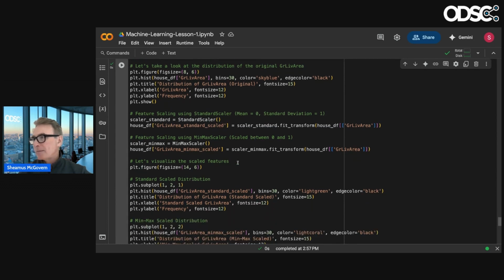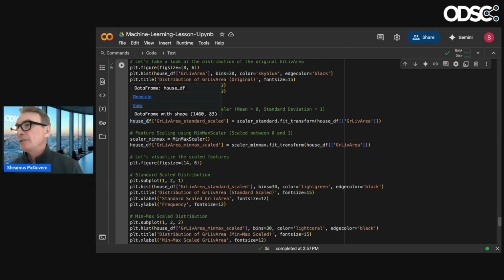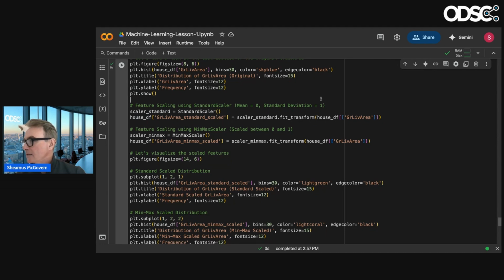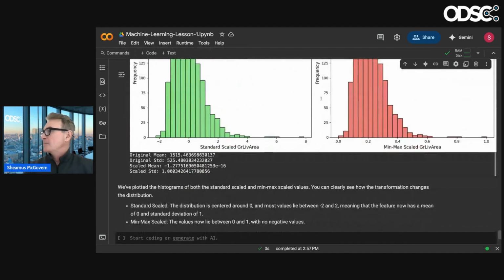I wonder if I made a mistake there. I wonder if I normalized it after I scaled it. Because see the way I'm passing in the house data frame and then I'm scaling it within house data frame, and then I'm applying min-max scaling to it again. So I may have made a mistake there because when you transform a feature within that data frame, you don't want to apply a different one. Or actually, wait, did I? Yeah, it is both. I did it on group living area, so maybe that was a mistake, but it kind of looks right. Maybe, I don't know.